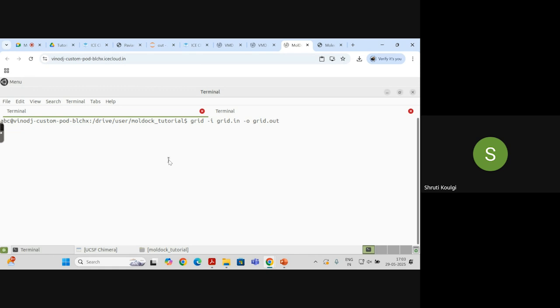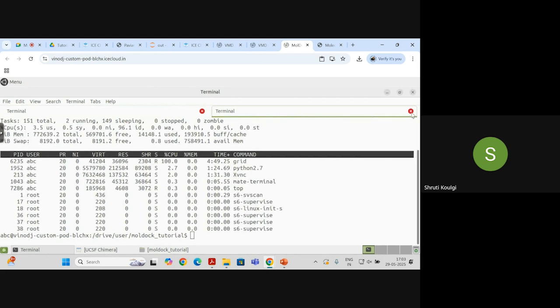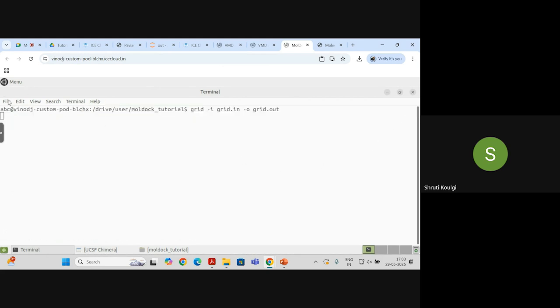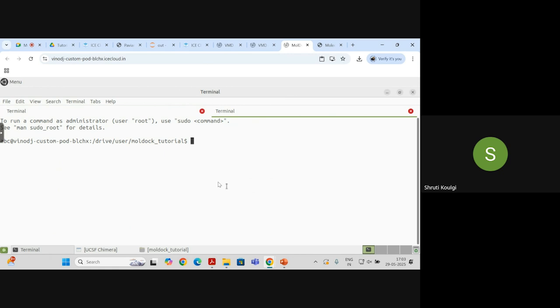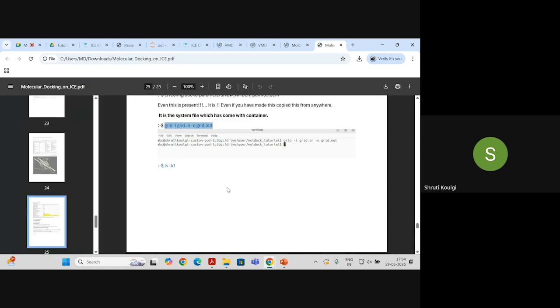Okay, till that time we'll just have a look at the next step. For that, what you can do is here in File, you can open a tab in this terminal itself and you are in the same folder. We'll look at the next step, that is the actual DOCK6 command where we'll be giving. And if you look at the tutorial also,